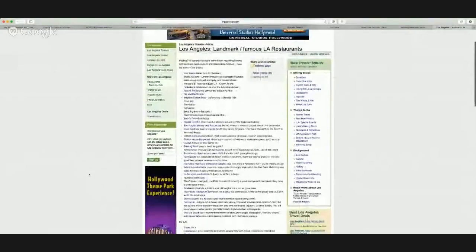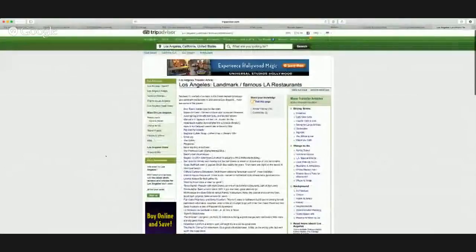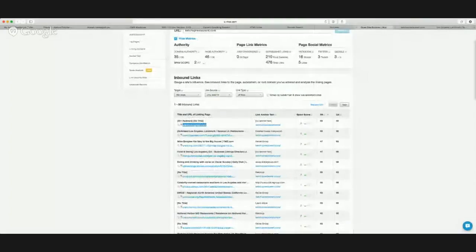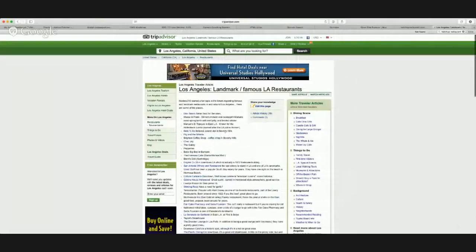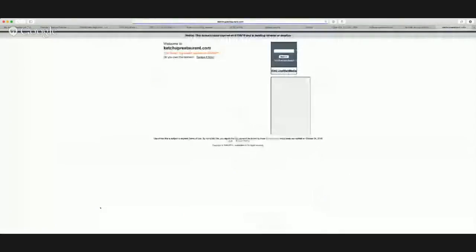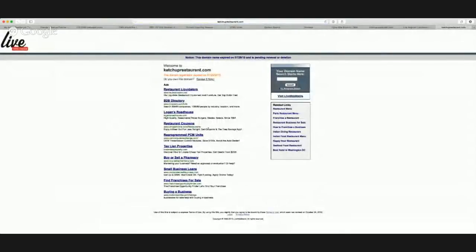Okay, so it's a good looking website. What you typically want to do when you go to this is look for a link that goes to Ketchup. You can go into the page source and do this if nothing comes up. Yeah, it looks like nothing's going to come up. It's not found. Let's see what that anchor text was real quick. That's TripAdvisor. Oh, Geisha House, Hollywood. So I tab that. Yeah, right there. Okay, cool. And if I click on that, sure enough, it takes me to Ketchup Restaurants. That link's still in place.